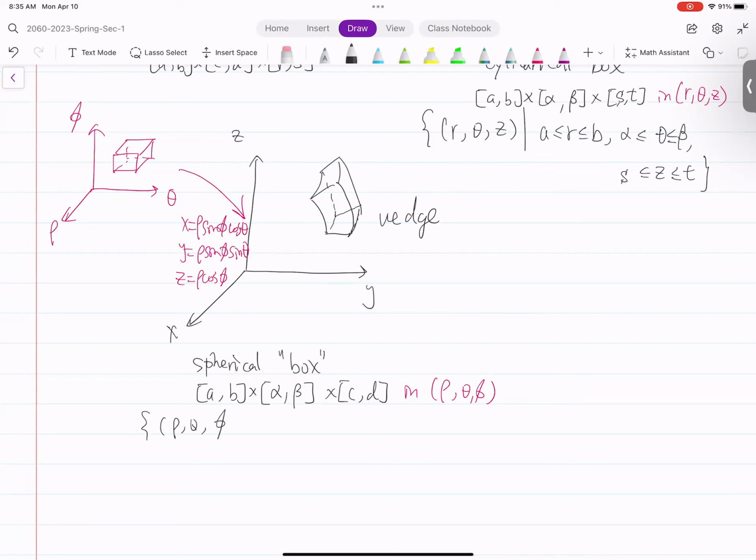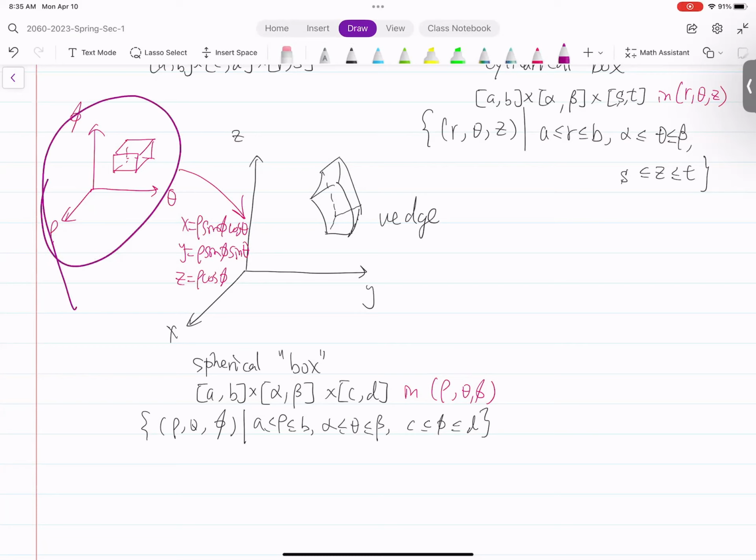So it's rho, theta, and phi, such that rho is between a and b, theta is between alpha and beta, and phi is between c and e, different angles. But once again, you will be translating a rectangle in this rho theta phi space